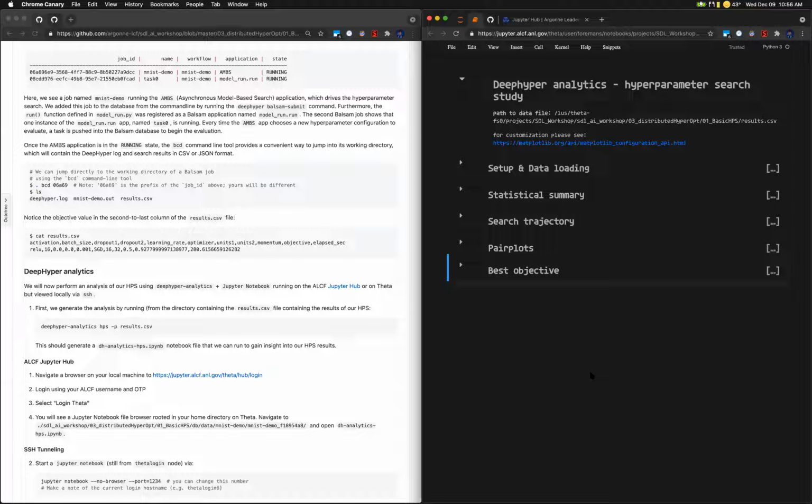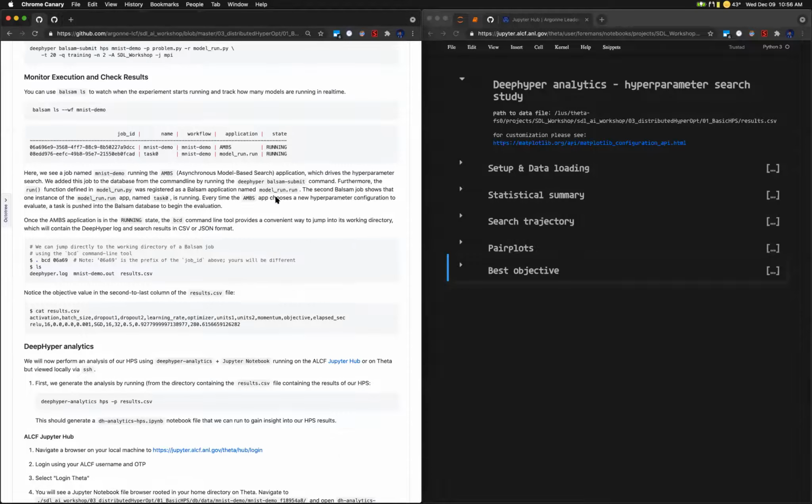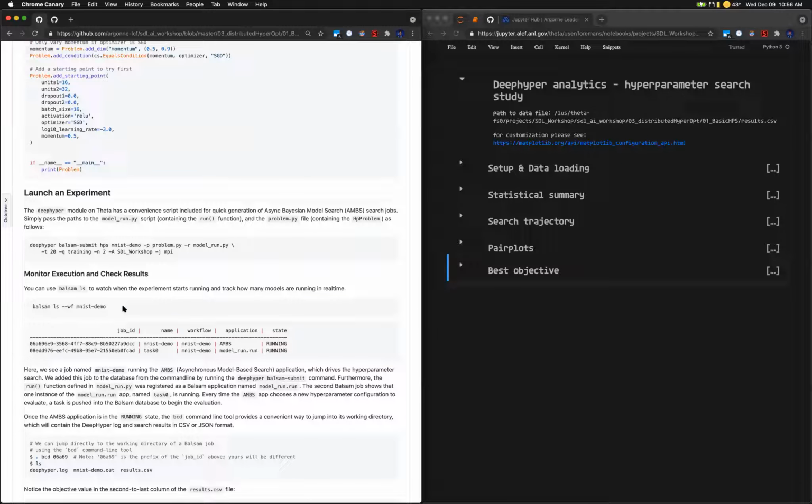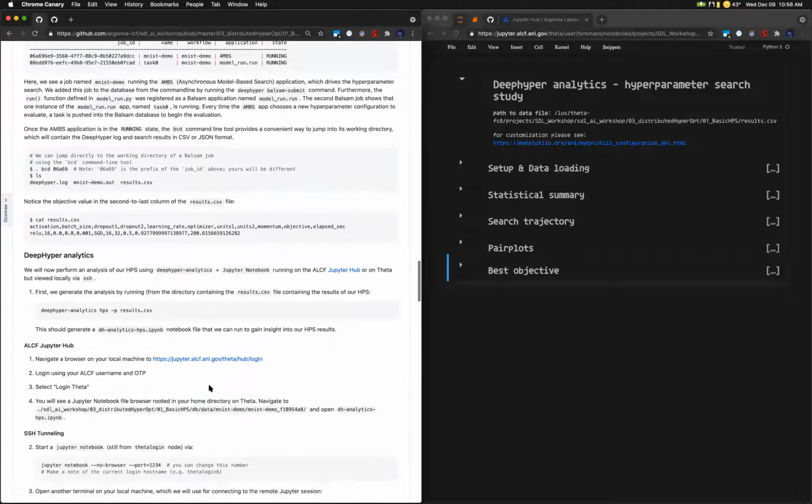You can leave the job running, accruing results while you look at preliminary stuff, right? That's true. Okay. So for the people who have gotten the hyperparameter search started and have gotten to the point where you've been able to run this Balsam LS, and if you see that you have jobs that are running, the next step would be to get started and try to log into the